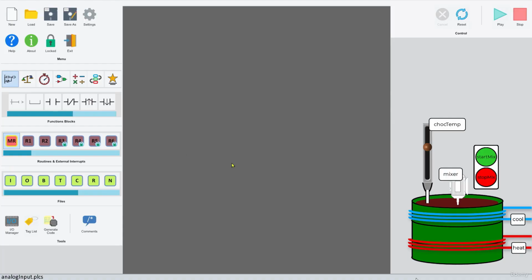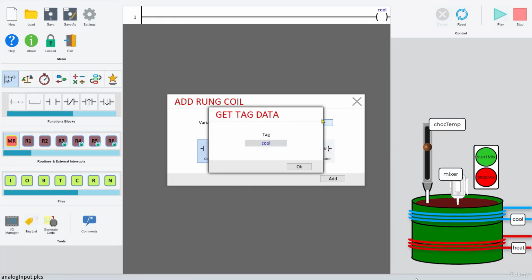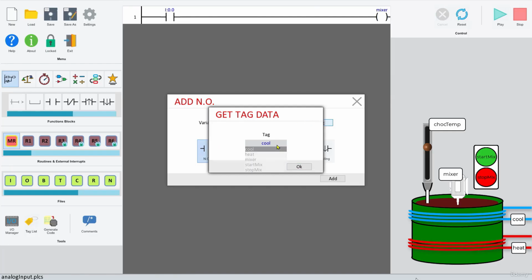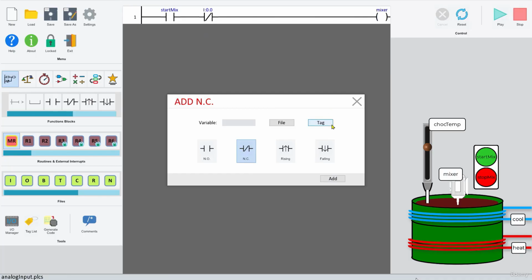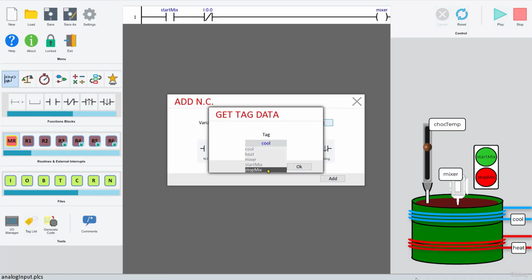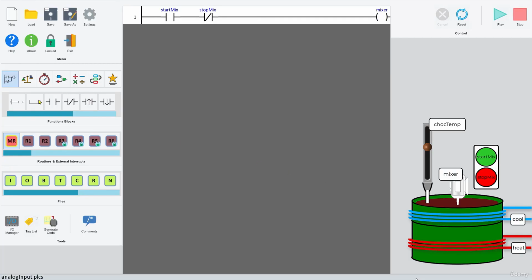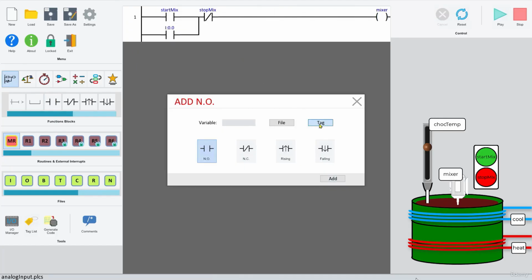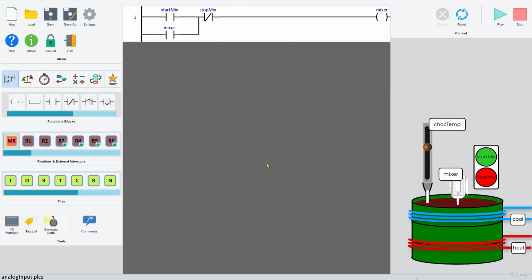Firstly, let's throw in a hold-in rung for the mixer. Mixer output. Start mix to bring it on. Stop mix to turn it off. And mixer as usual to hold itself on. Easy. You've done that a million times now. Okay, now